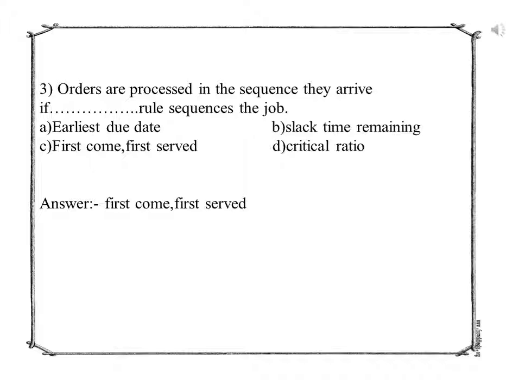The third question is: orders are processed in the sequence they arrive if the dash dash dash rule sequences the job. Option A, earliest due date. Option B, slack time remaining. Option C, first come first serve. And option D,